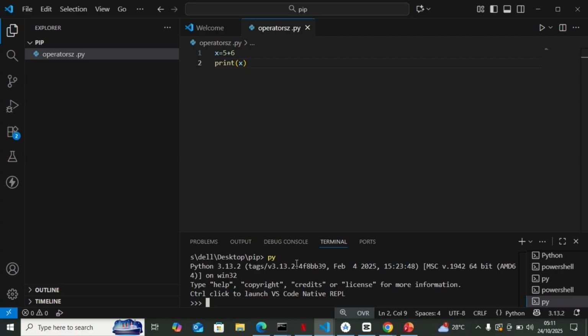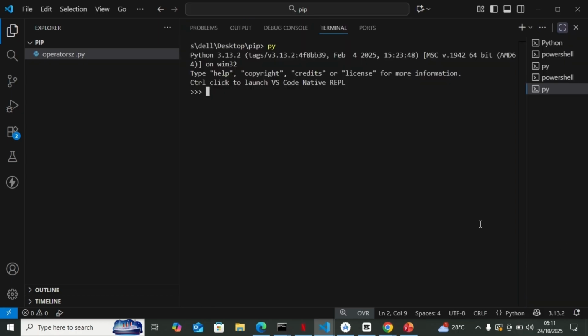So under arithmetic operators, we have addition, subtraction, multiplication, division, floor division, modulus, and exponential. So I want you to be with me as we go through it. So let me maximize this. So if I have something like multiplication, I'll be having 4 times 2, and that will give me 8. If I want division, I'll have 4 divided by 2. But if I don't want a point, I'll use the floor division, which is 4 floor 2, which will give